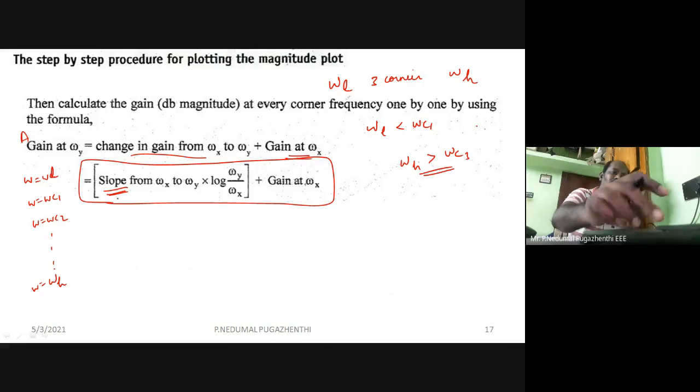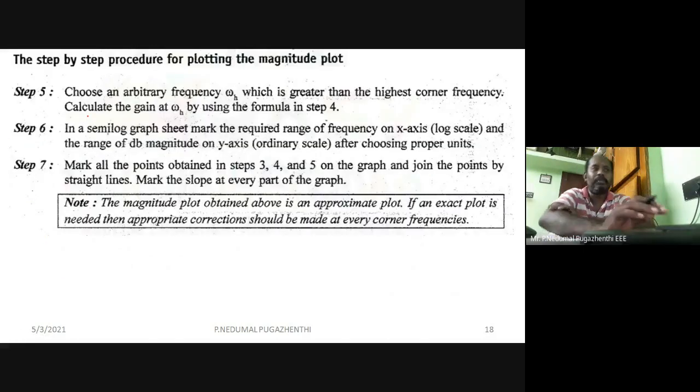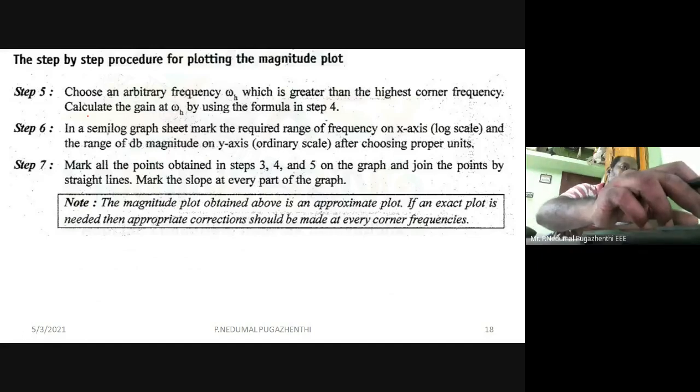So this is how we order that and we try to find the different magnitude values. For every omega value, you will get a corresponding magnitude point. Then you plot it in your graph sheet. Right? So this has to be continued until you complete the procedure. What is the procedure? Based on every factor, you should have a magnitude value. So this is how your magnitude plot will be plotted.